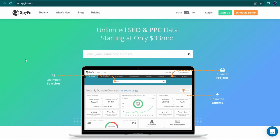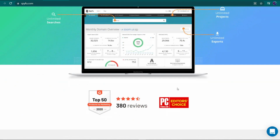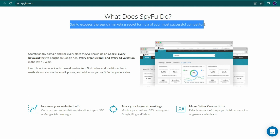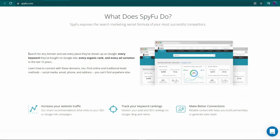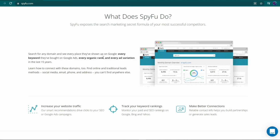Now, in exchange for a little fee, this site assists others with their websites or Google advertisements in order to generate traffic. Spyfu now reveals your most successful competitor's search marketing secret recipe. If you use Spyfu to look up any domain, you'll be able to see every location they've been on Google, every term they've used in Google Ads, and every ad variation they've run in the last 15 years. That is to say, this gadget spies on more successful competitors and allows people to copy their success, hence the